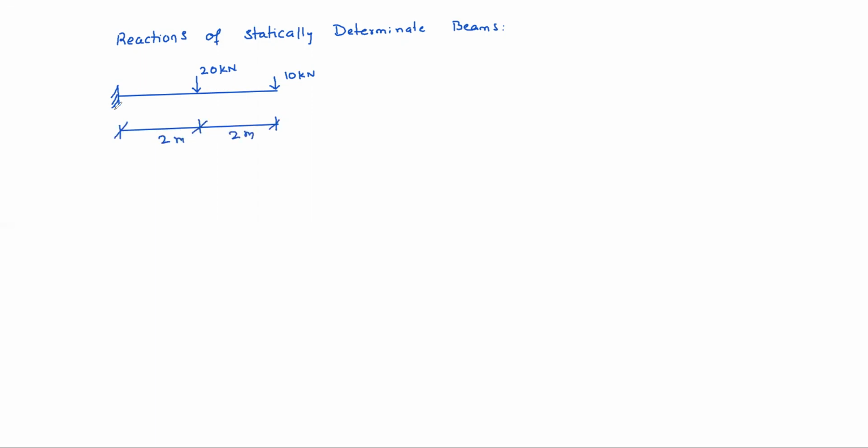Okay. So now here we have three reactions. One is the vertical reaction, one is the horizontal reaction, and another is the moment. So we need to use equilibrium conditions. You know, equilibrium conditions are: sum of the horizontal forces equal to 0, sum of the vertical forces equal to 0, and the algebraic sum of moments must be 0 in any structure. Then only the structure will be in stable condition. That's why these three conditions need to be satisfied for stability. So we just impose these conditions here.